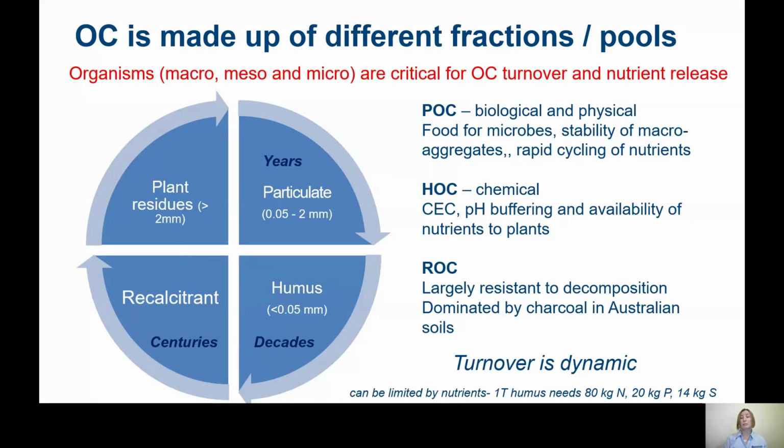What's important to know about the carbon fractions is that continually they're turning over. So it's changing and it's dynamic. As we go from particulate form and we're transforming that, we're going into humus. And humus is the form that we are really looking for if we're looking for stable carbon in our soils. The size is less than 0.05 millimeters in size, and it's often associated with clay minerals. The residence time in this, we're talking about decades. So we're talking about a much more stable form of carbon. It's harder for the microbes to break it down.